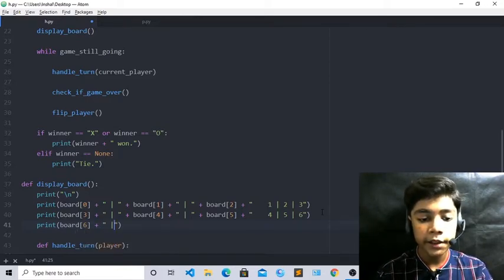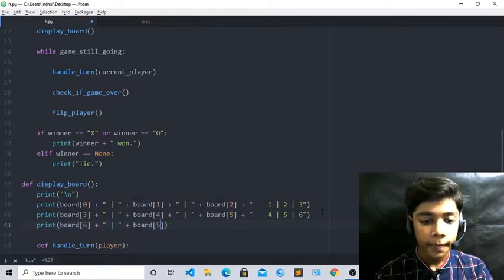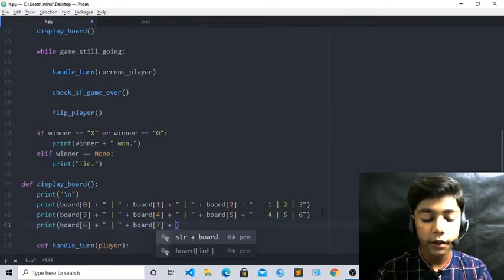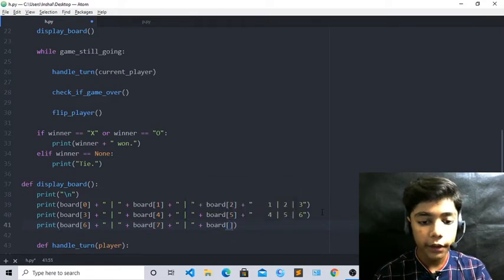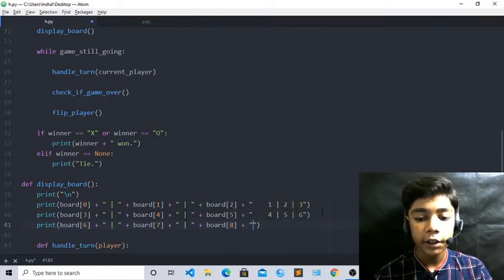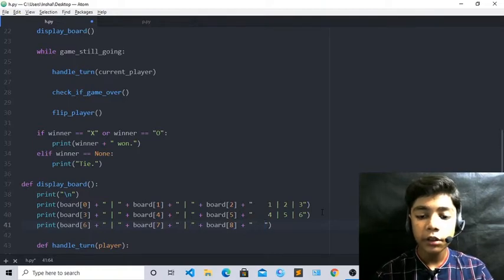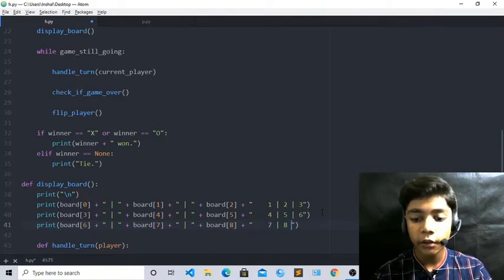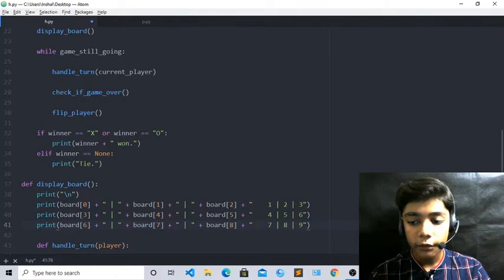Now just plus, and then vertical bar, then plus, in board we will write 5, then we will write 7 here. Now just write vertical bar, then a plus sign again, which will be board. Then when you have defined it all, it will be 8. Now we will define 3 things. We have not defined 9 here, because now 9 we have to define here. Here we have to define our 9.